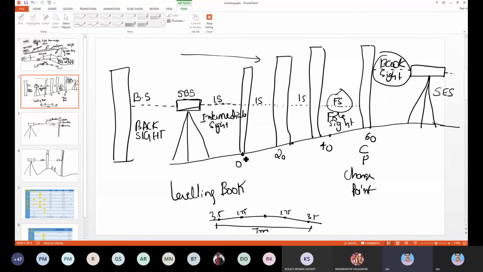So basically we collect data at the center line and also some offsets from the center line, at intervals of 20 or 30 meters. This will be entered in a book called a leveling book, and in the leveling book we can enter remarks, if any, and then keep collecting data. Now we'll see how data is entered in the level book, how to analyze it, and what we get from this.